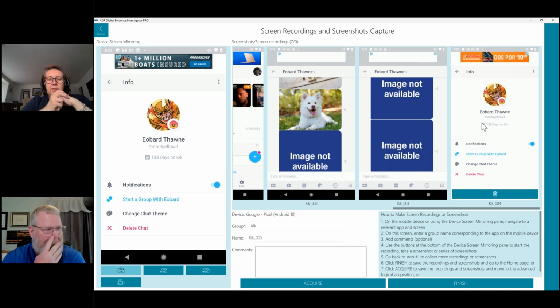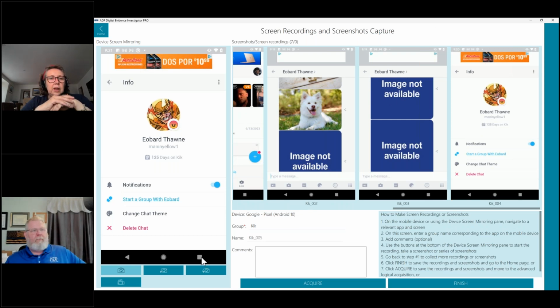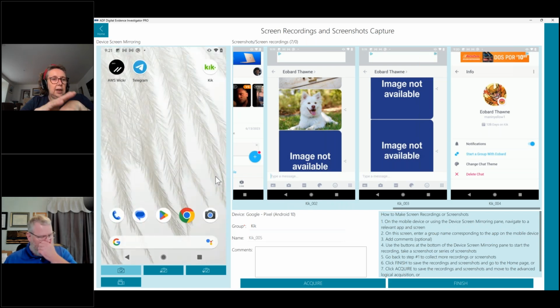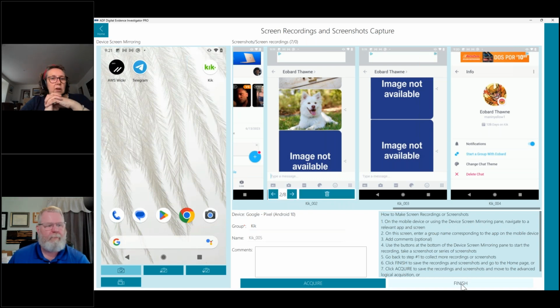And then once you've captured all the pages that you think are going to help with the case, or all the pages that your victim or witness is prepared to give you, you then have a choice. You can either acquire the handset, so you're going to make a backup of the phone and get all the data from it that you can. Or if the phone owner isn't happy for you to do this, and the only thing they're prepared to let you do is have that screenshot and that short video, you just hit finish, and that will be the only evidence that you've got from that phone. And then we'll process that.